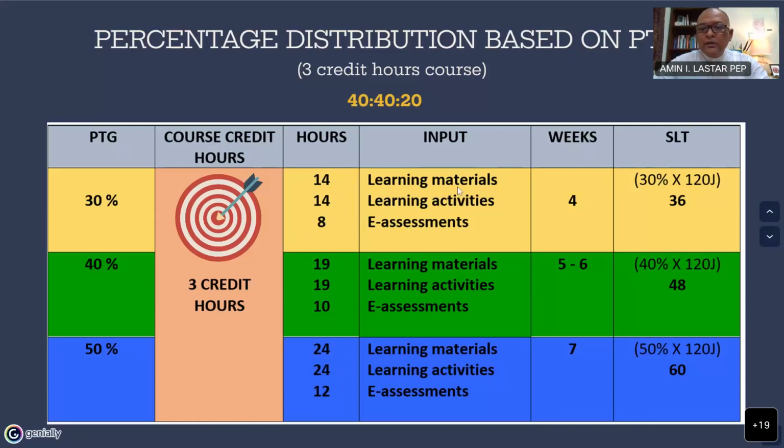This is equal to 36 SLT, whereby 30% times 120 hours is about 36 hours. So meaning to say from the 120 hours SLT that the student should engage in, we are taking 36 hours from that 120 to implement PTG.